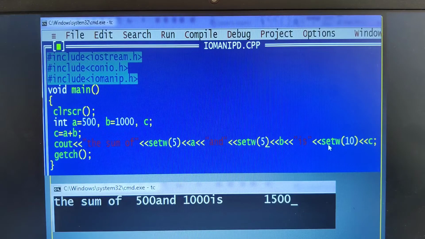So therefore setw causes the number that follows into the stream, that is to be printed within a given character wide field, and the value will always be right justified within this field. That means this setw causes the character wide field, and always the setw and endl are used with the